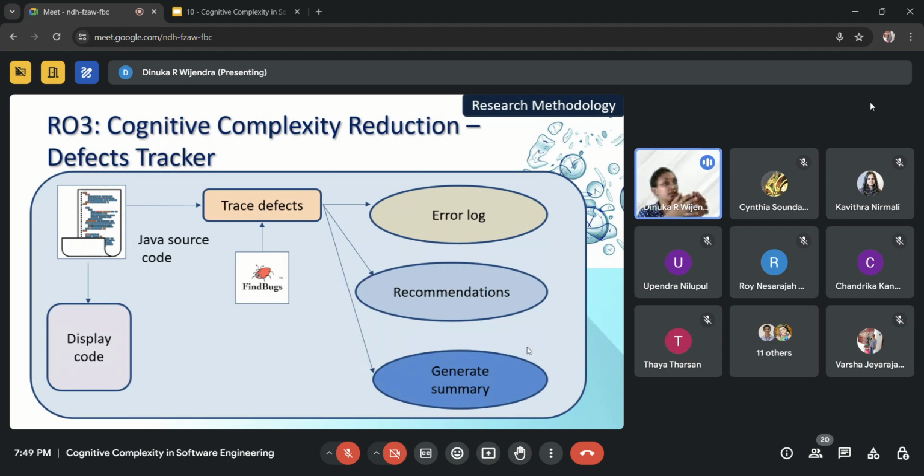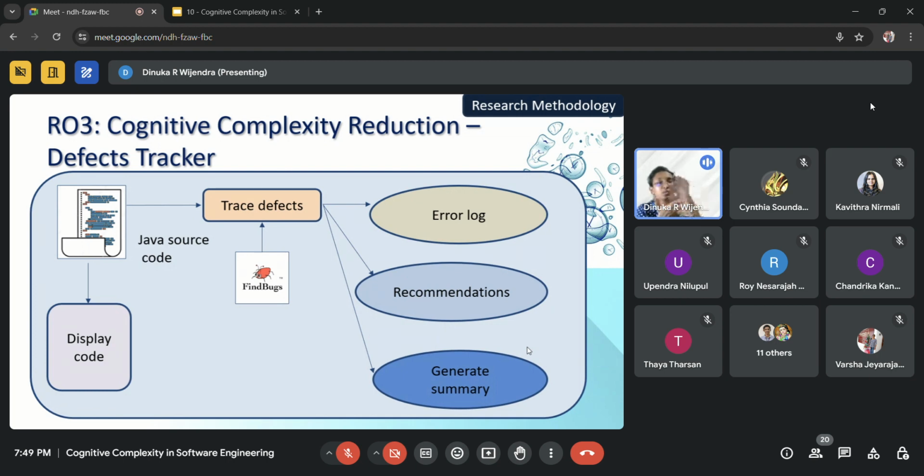So I have used both NetBeans and Eclipse, because I have done the project using Java, and the Python-based part is also there. There I have used the FindBugs bug tracker. I don't know whether you know that. I installed it as a plugin, and FindBugs is not tracking all the defects of the source code.